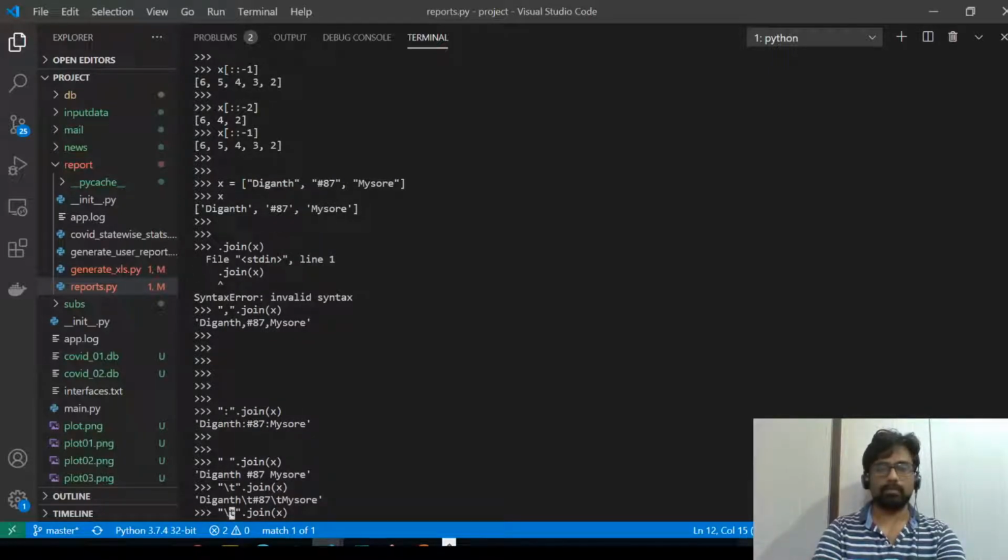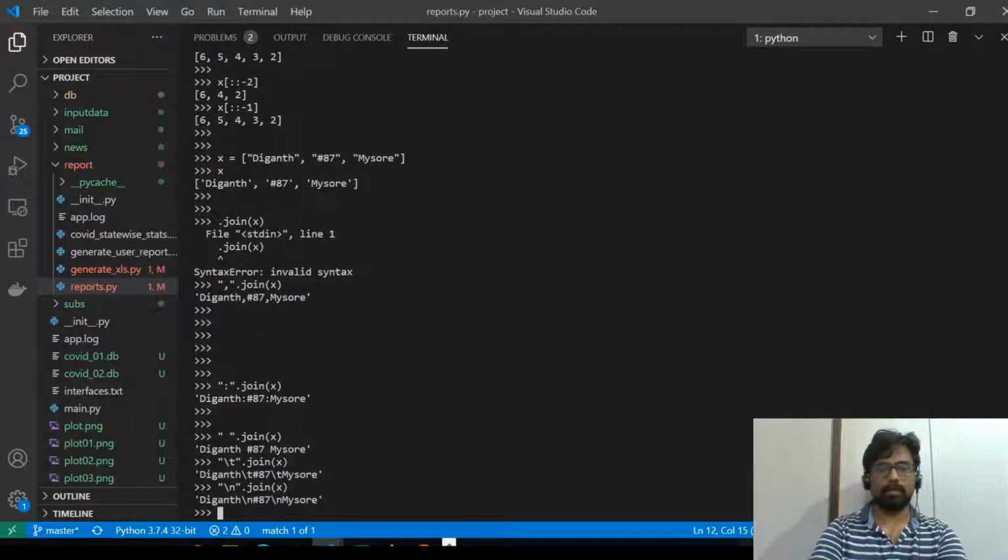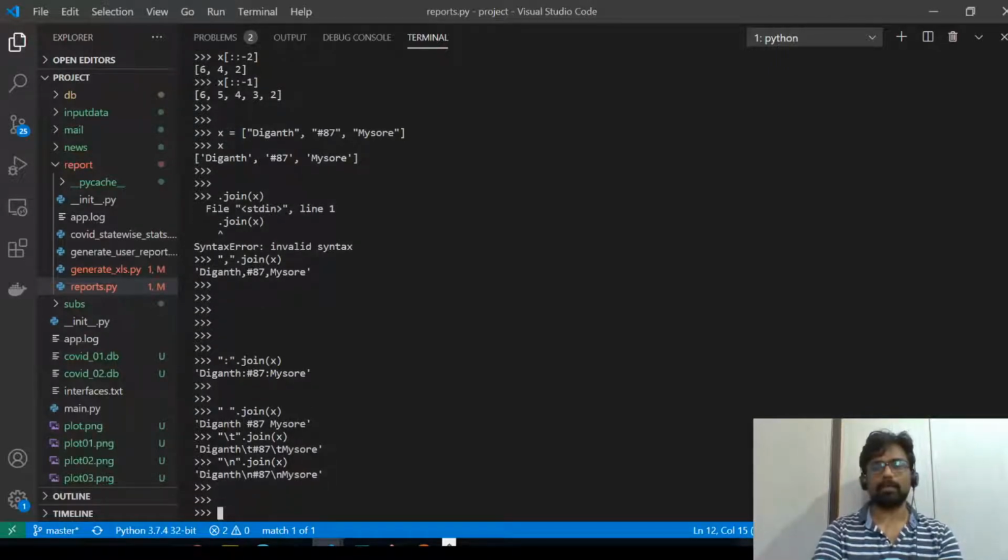You can also do new line. So this new line, when you try to print it, will be a new line. So these are all tips and tricks you need to kind of remember. So that is about it. In Python there are nice tricks such as map, reduce, lambda functions, and all these things. You can look that up, but just keep in mind that there are a lot of such things.